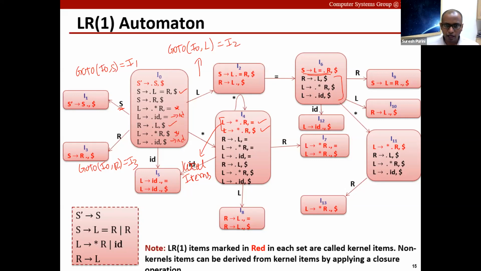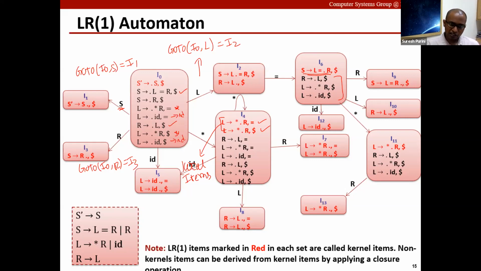All right. So this is the summary of today's lecture: given a grammar, we want to construct an LR1 automaton, and this LR1 automaton guides us in the bottom-up parsing process. How exactly it helps in bottom-up parsing, we will see in the next class.